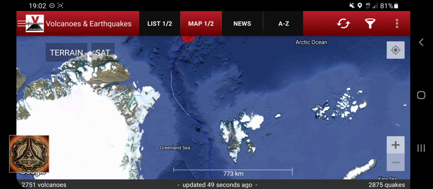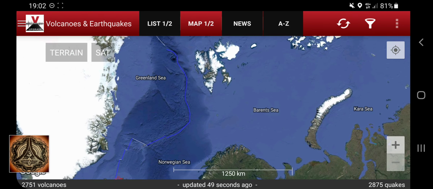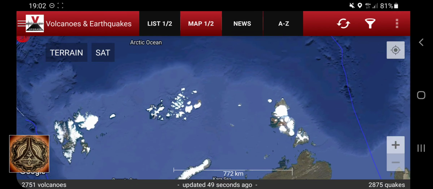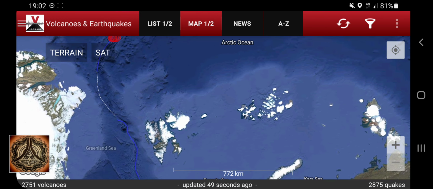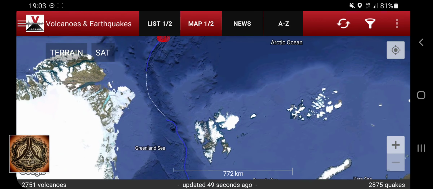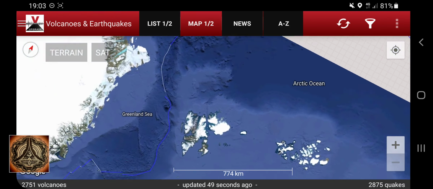Really interesting. For those who don't know, our magnetic North Pole is somewhat here. What does this say? Maybe we have to go over to Google Earth.